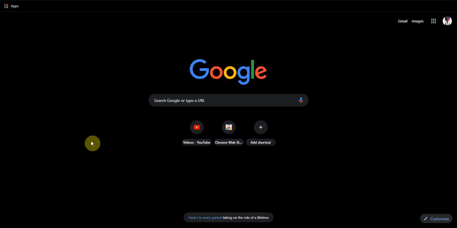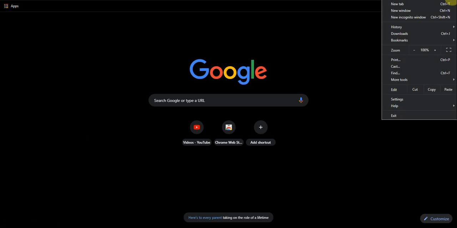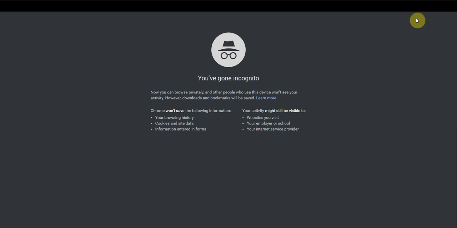So what you guys do is open up Google Chrome. You go to the right side of Google Chrome and click on the three dots. You will have this window pop up. You go to New Incognito Window, or open a whole new tab, and it'll say you have it on